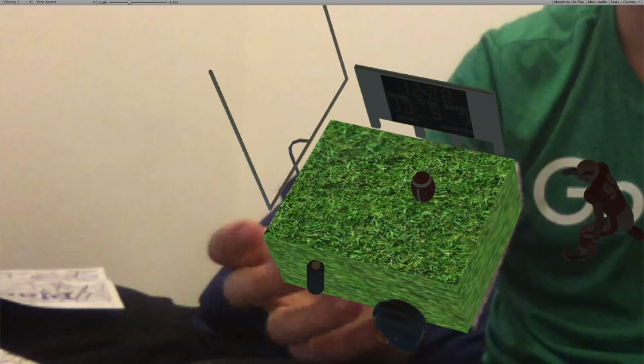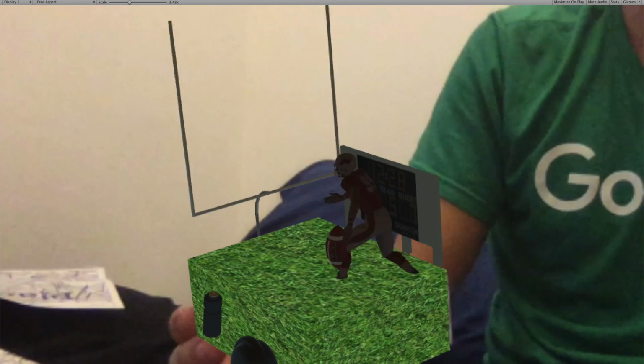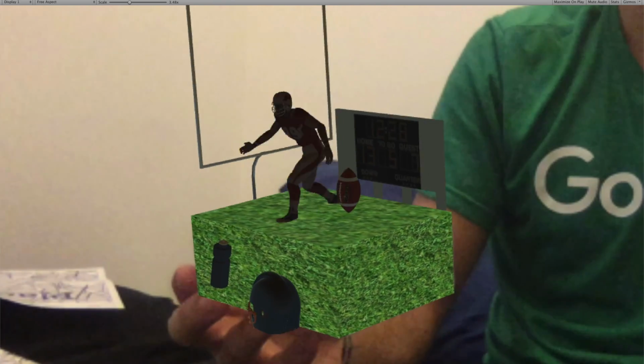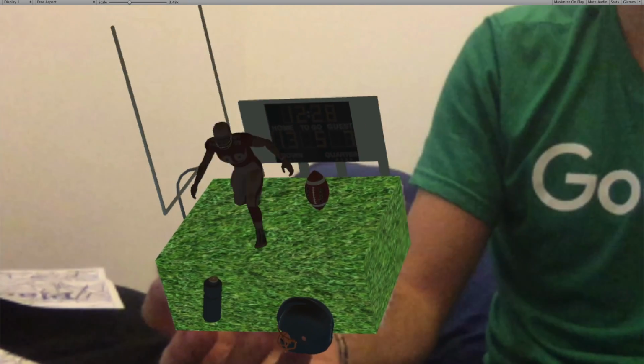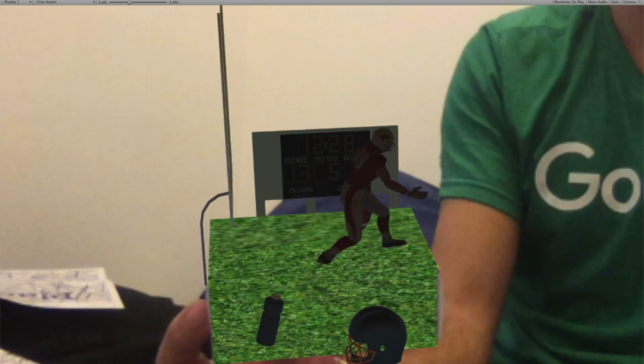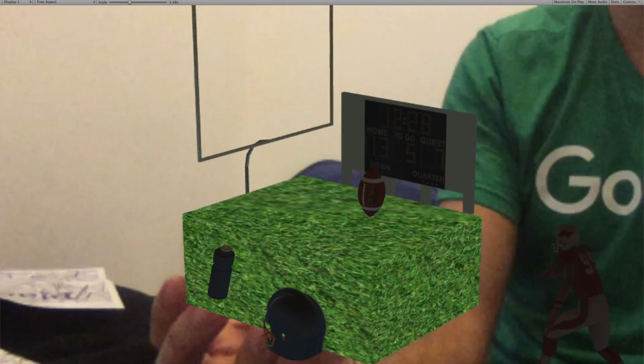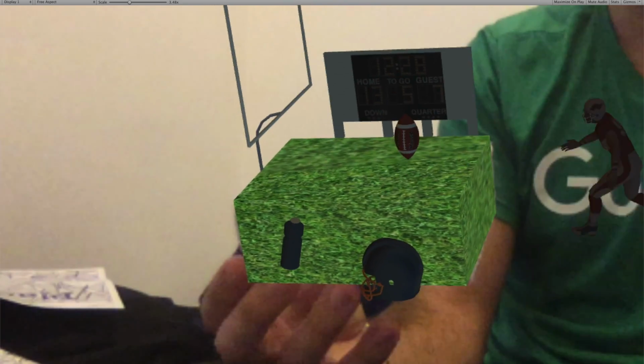For example, this is the NFL official theme song, as we are in an NFL scene. As you can see, there is a football player that is doing a field ride. There is a football ball and a helmet that I created with Blender, and a water bottle and other items that allow to recreate a football arena.